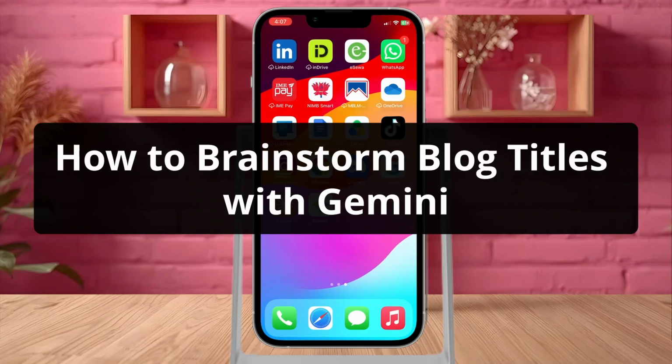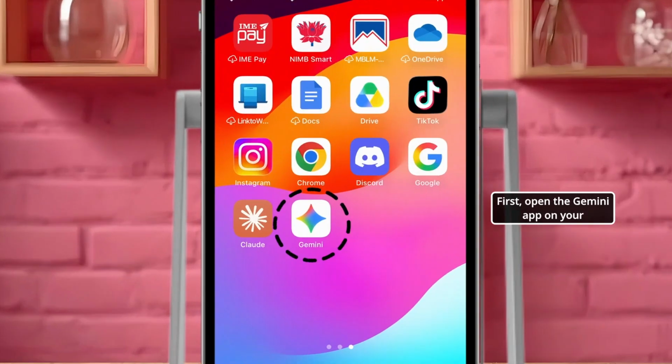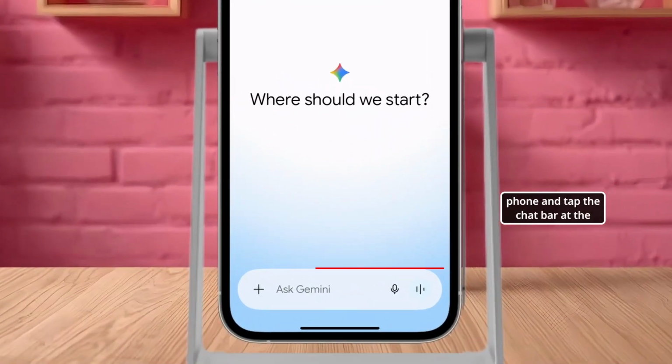How to brainstorm blog titles in seconds. In this video, I'm going to show you how to use the Gemini app on your phone to brainstorm blog titles in seconds. First, open the Gemini app on your phone and tap the chat bar at the bottom to